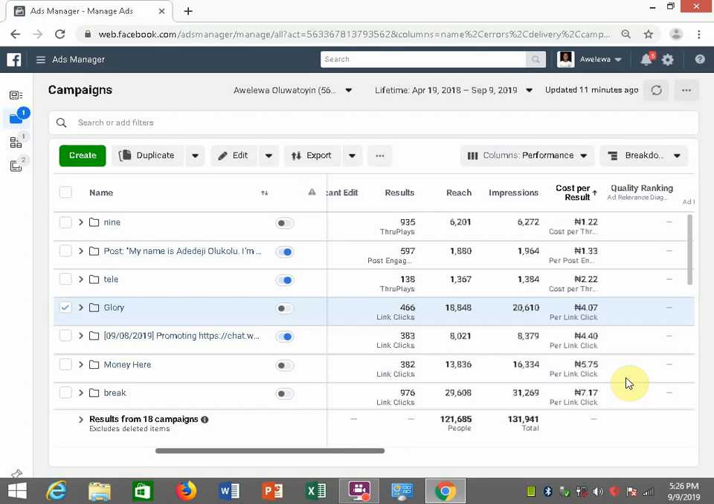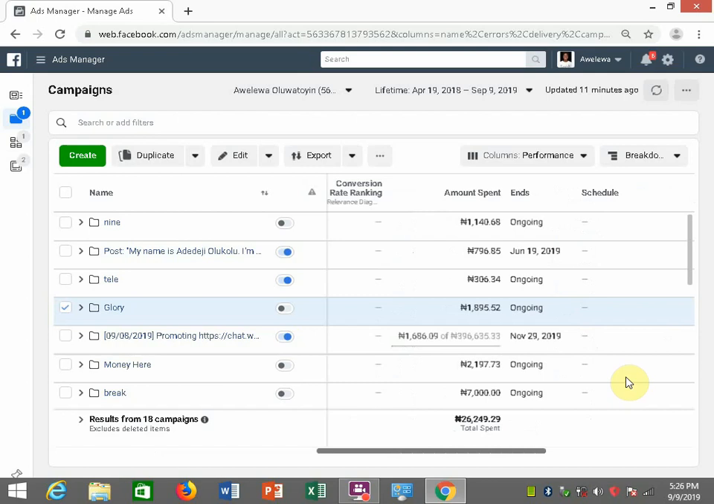Any advert that gets you that kind of result must be very, very good. Those ones are exceptionally good adverts. So don't get angry with yourself if you don't get such a result. If your cost per link click is not as low as 1 naira per click, don't beat yourself up. Don't get angry. Don't think your advert is not working. And you know the real thing is